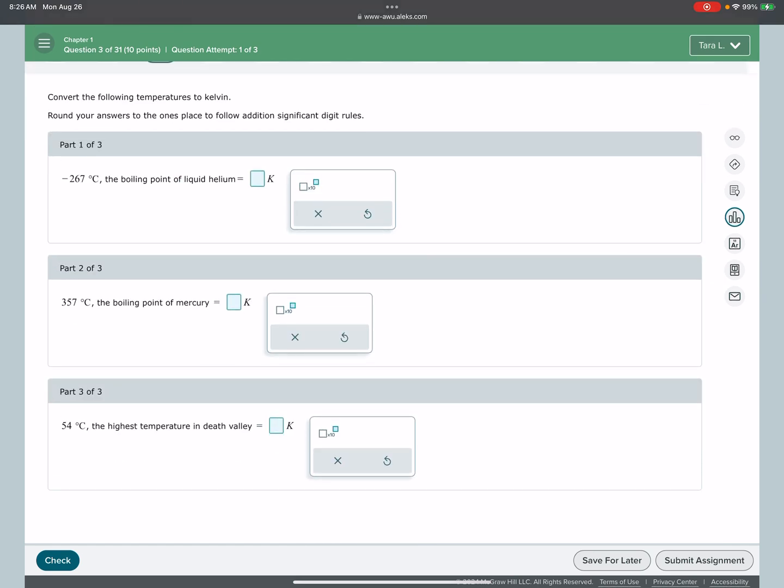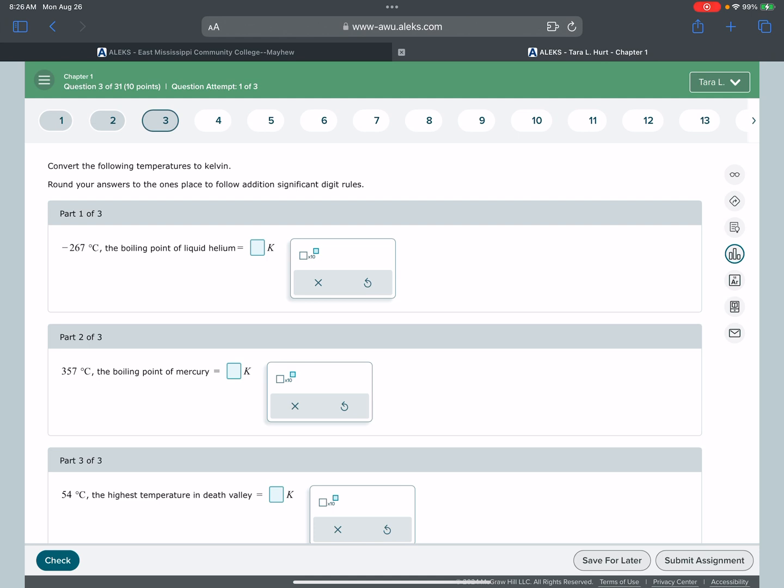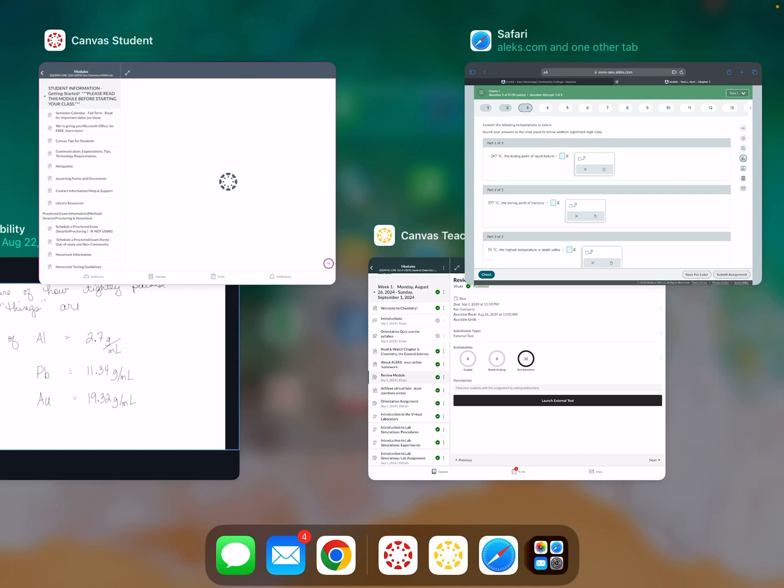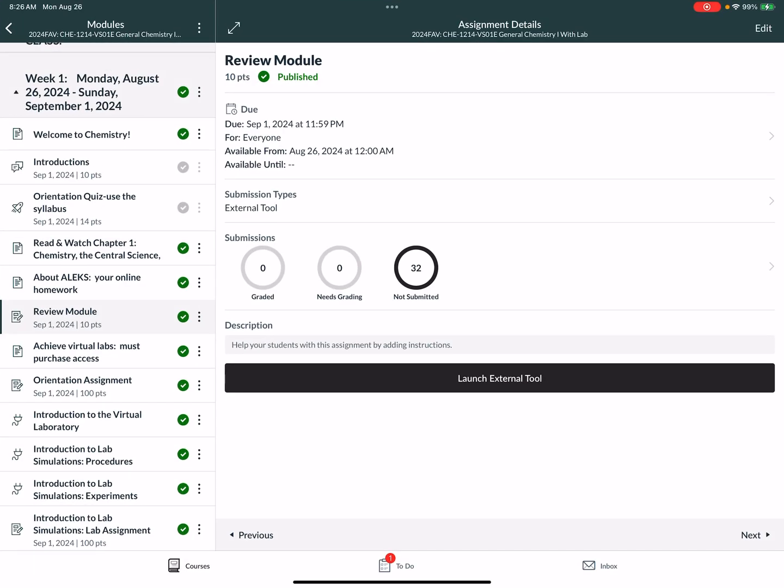I have the homework set so that you get 3 tries on each question. If it takes you 3 tries to get a question correct, you still get the same number of points. Points aren't deducted for multiple tries. Also, if you submit the assignment, as long as it's before the due date, you can rework that assignment, and I will take your highest score. Sometimes you might struggle the first time through a homework and might not make a good grade. So know that if you submit it, you can rework it, and I will take your highest score on the assignment. Going back to Canvas,